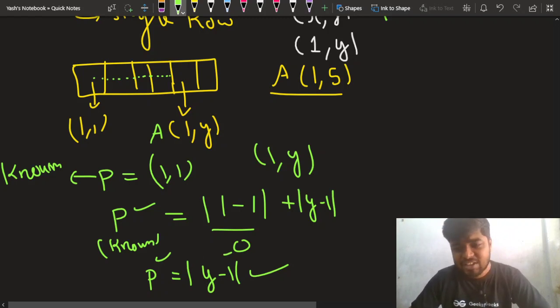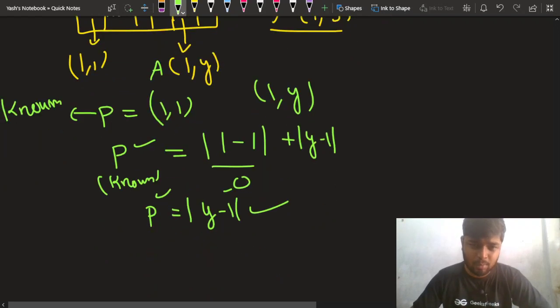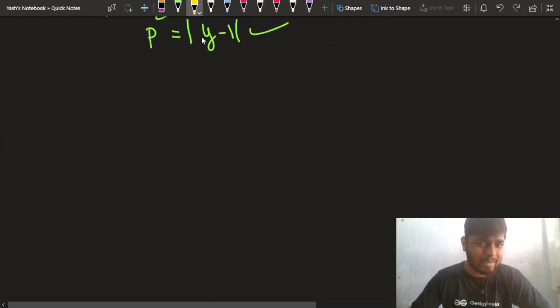So in this way, if there is only one row and several columns, you can take 1 comma 1, and you will easily be able to find the coordinate of the unknown cell. That is, you already know its row, but you will also find its column after using this method.